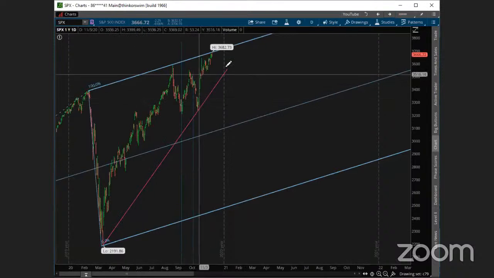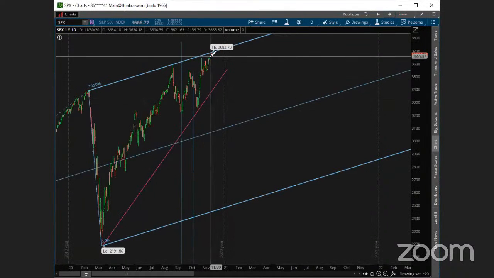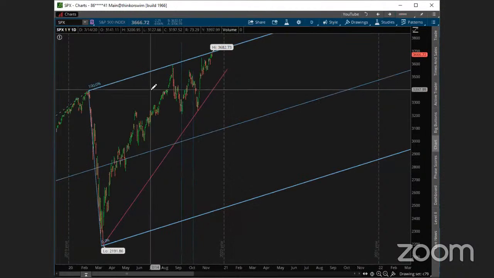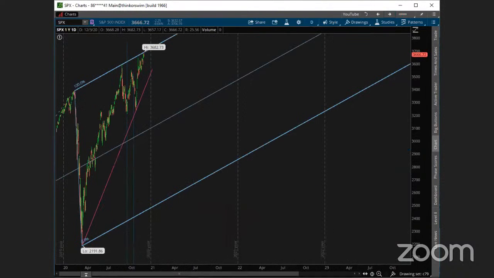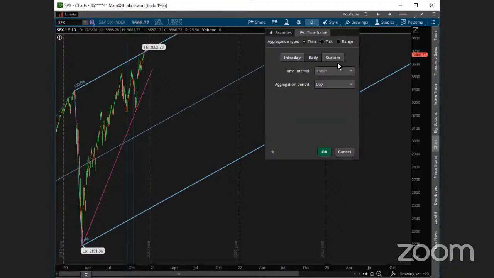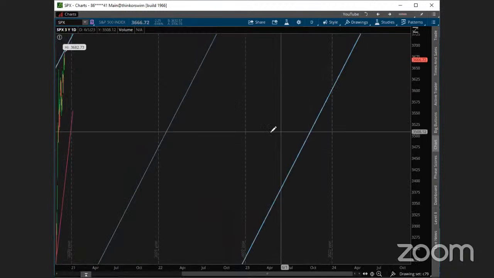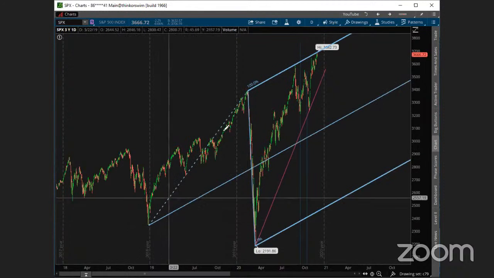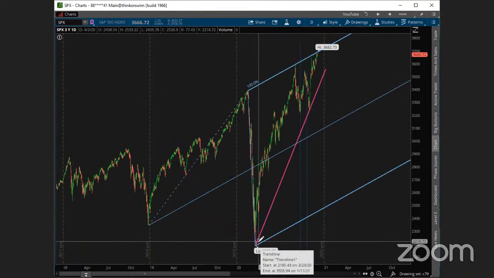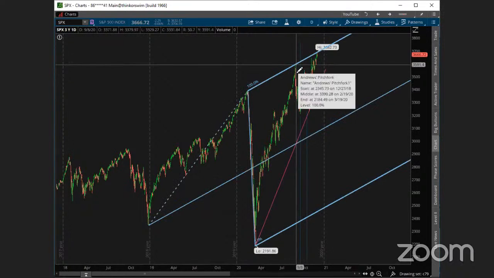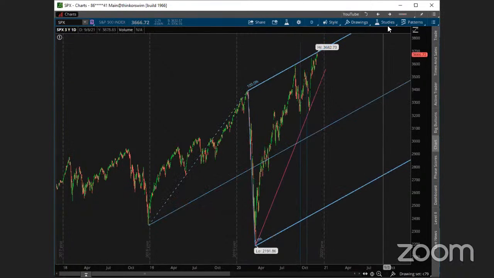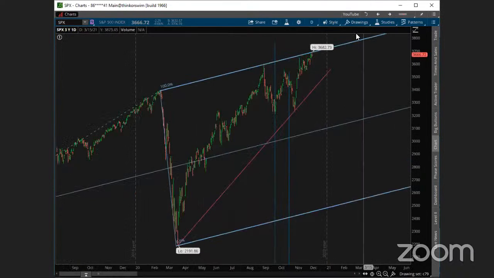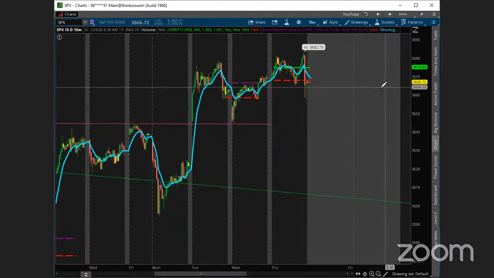So big deal right here, right? Speaking of which, we'll get to this in a little bit, but we are basically at the top of the pitchfork right here. So this is kind of an interesting area. Remember, we started this pitchfork, if I go back a little bit longer here, let's do 3 years on this one, just so you can see it. Back here, right to the 2018 lows, and then the Corona crash high and the Corona crash lows. And then here we are, we rejected these levels right here and we're up to these levels right here. So let's see how those end up playing out. And I'll show you an indicator too to show when these things might be stalling out at a pitchfork level. So good stuff.